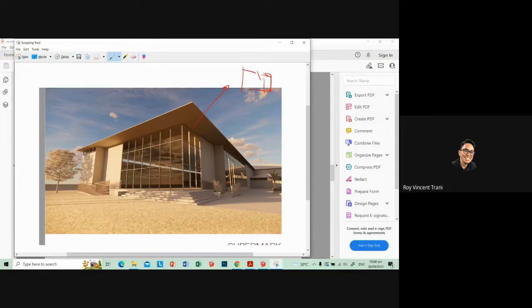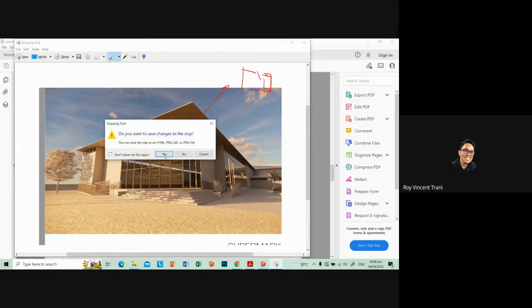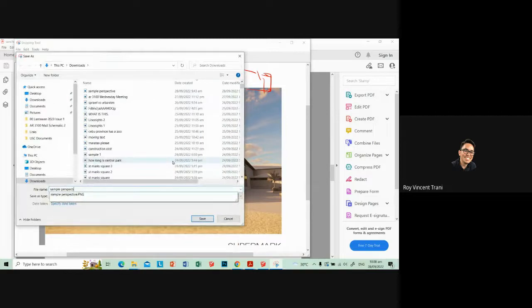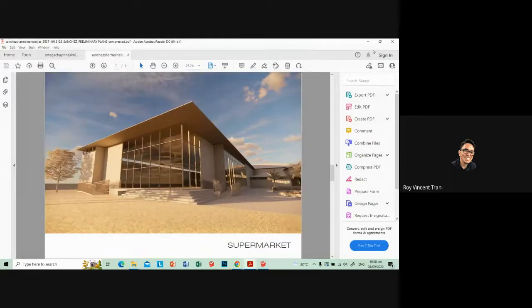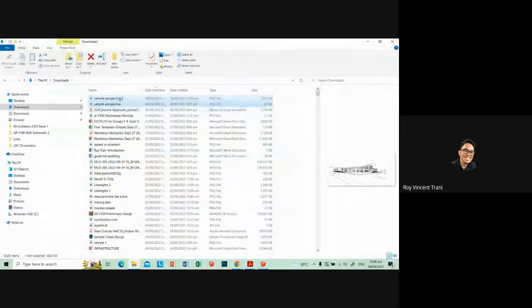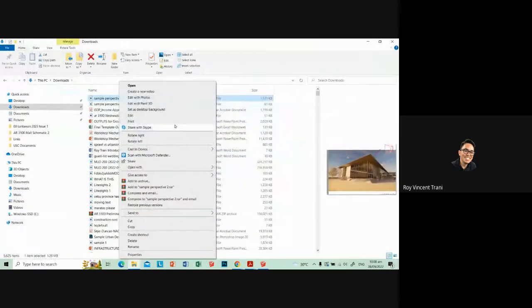Looks good like this. I don't want to make it smaller. The other alternative would be to save, yes, as sample perspective 2. The other alternative I'd suggest is to open with